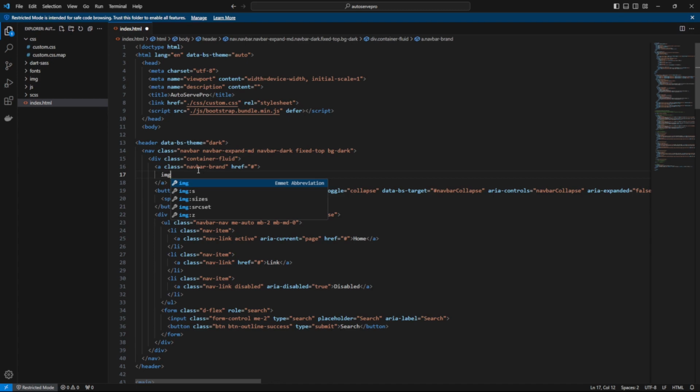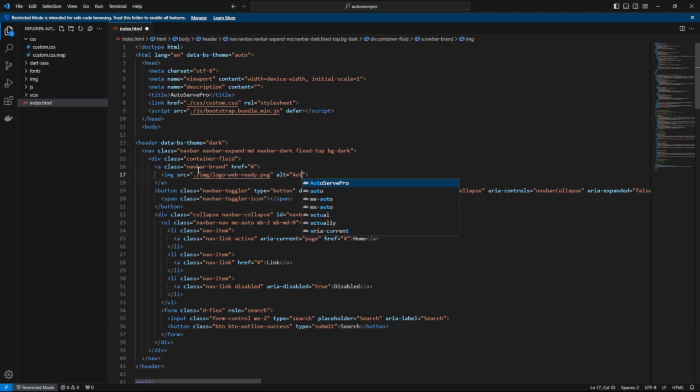And this image is again going to point to the images folder, img slash, and I want to put logo web ready, which is what I called it when I exported it. And I'm just going to put the name of the business